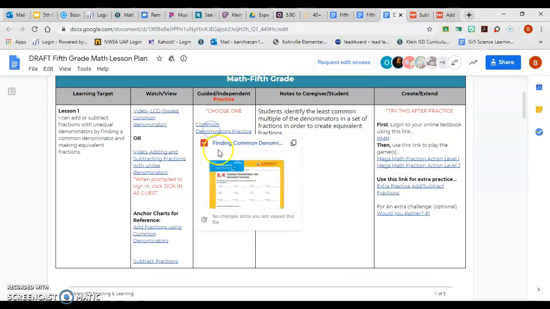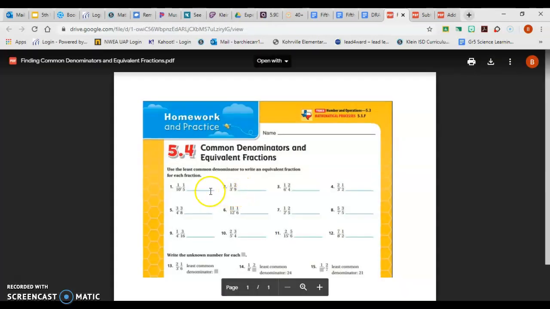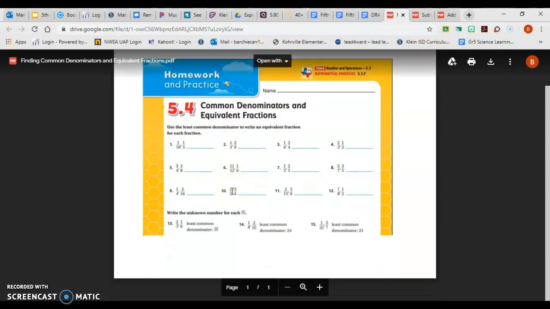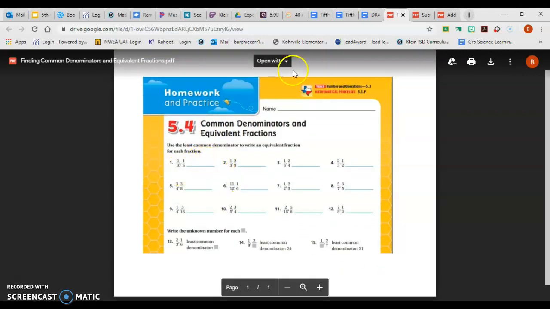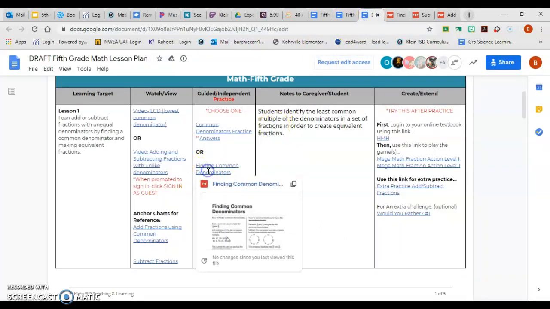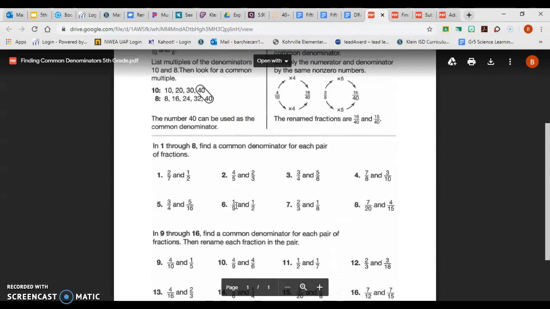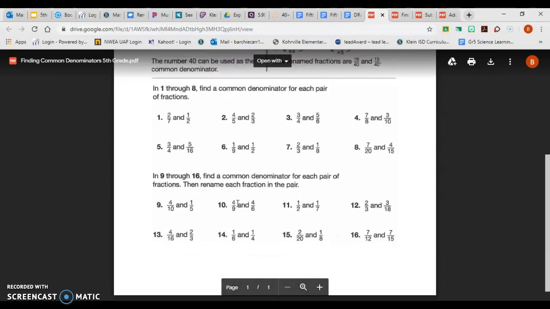Here we're finding, and this is just common denominators, guys. We're not actually adding or subtracting. We're just finding that common denominator, and that's it. So what would they share? What would you turn them into? And there's that option, or here's this option. And again, you're just finding the common denominator. You're not actually